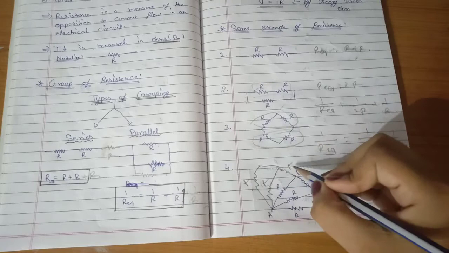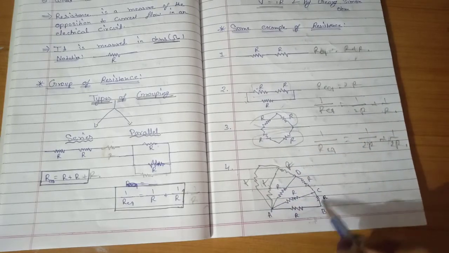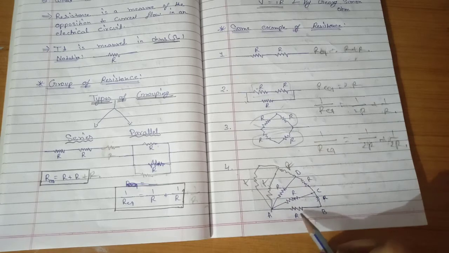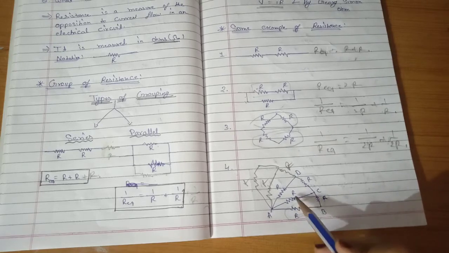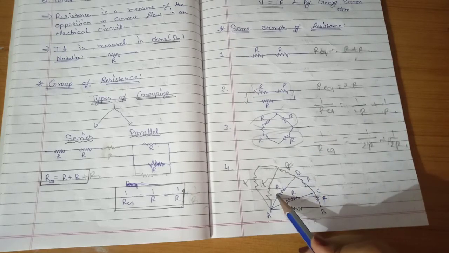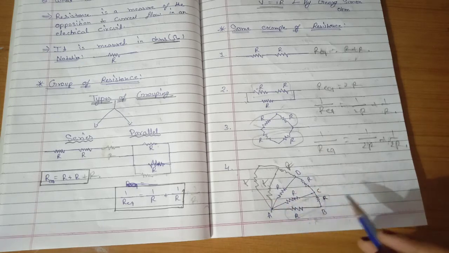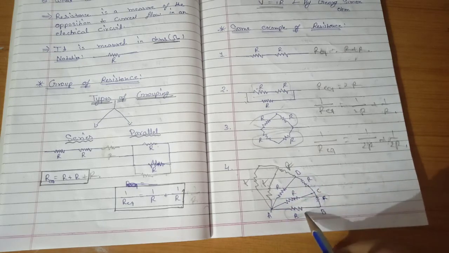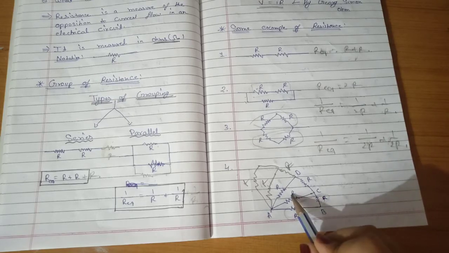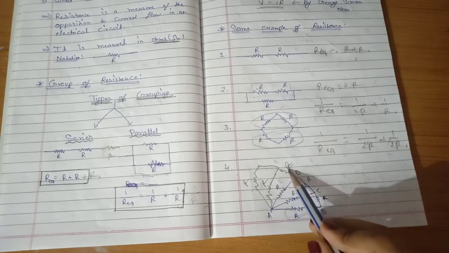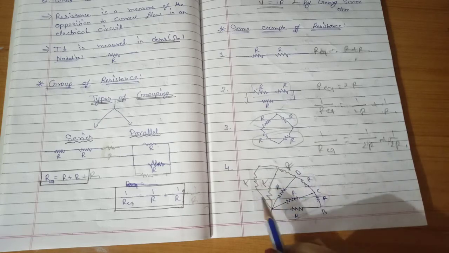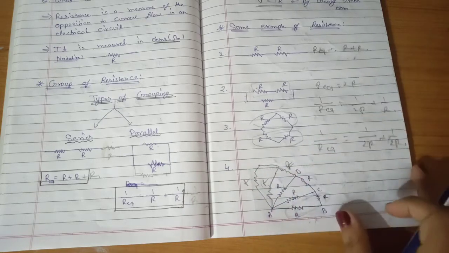R. I'm explaining this part, then I will explain the first. You can see that R in AC, BC and AB are in series. So first solve for series, then parallel, then series, then parallel. This is an alternating pattern of series, parallel, series, parallel. So you can solve it easily. First solve for series, that is 2R, then parallel, 1 upon 2R plus 1 upon R, then again series, then again parallel, in this way. If you want to complicate, you can add more resistance here.